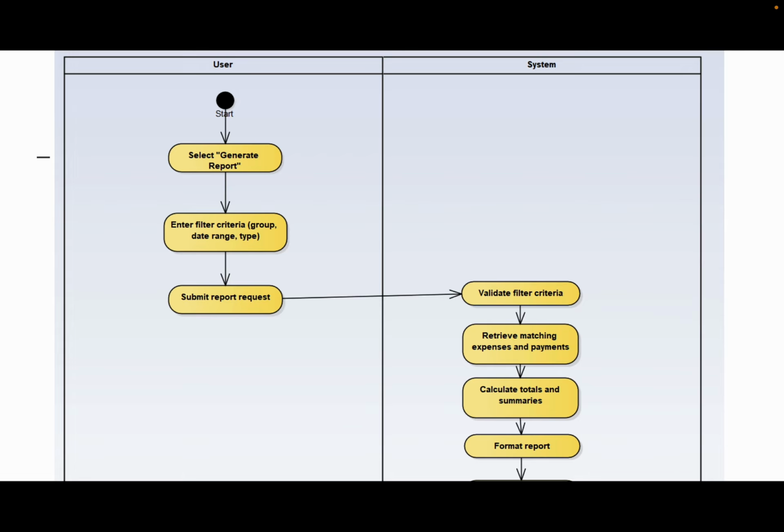They submit a request for that, and that gets transferred to the system. Now here, the system would validate the filter criteria, so it would understand that there's a filter being placed by the user and it needs to look for answers according to that. So for example, if the user selects to filter by date range, so if they want to look at expenses for a certain month, now the system would acknowledge that and start looking for expenses and payments during that month